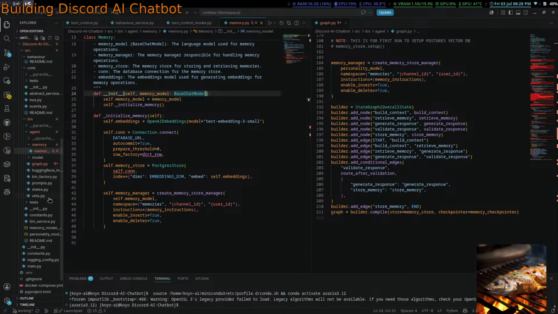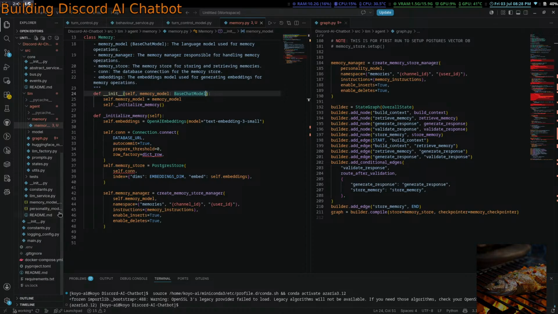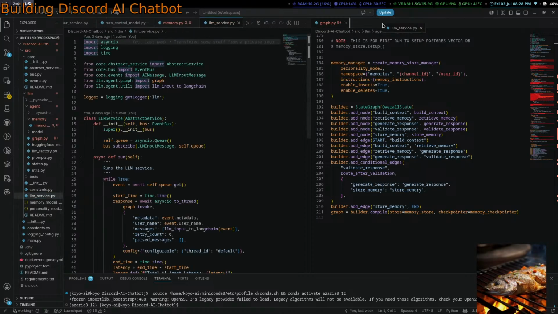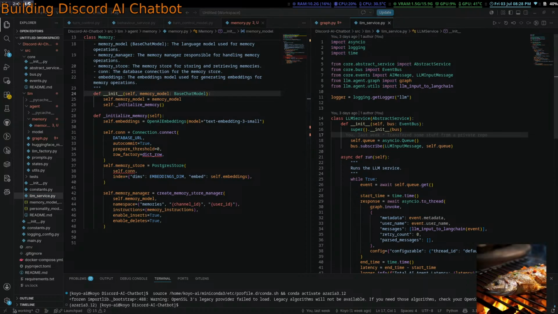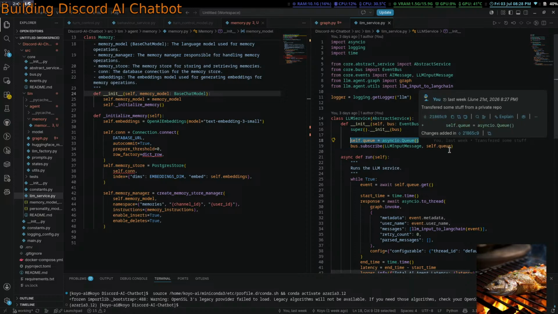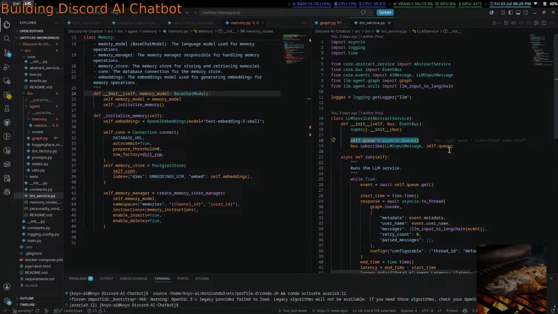I have no clue. We find it here, in LLM service. Self.q equals asyncio.Queue. I guess we just make it like a new queue. Sure, I guess that works.